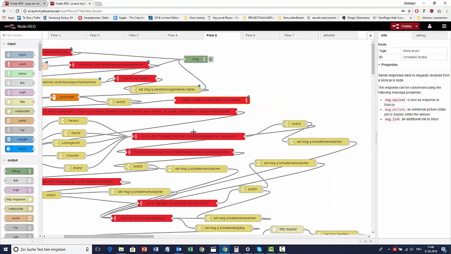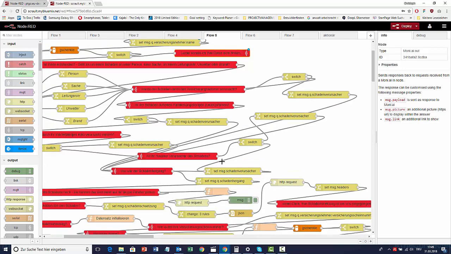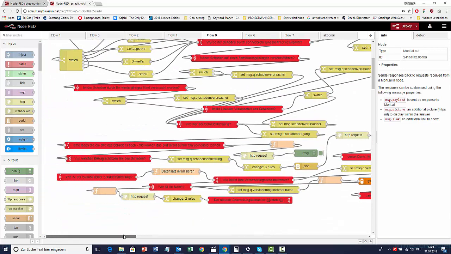Then it also asks if it is a damage done by the person who's insured, and whether it was due to a family member. All this gets saved to the workflow.